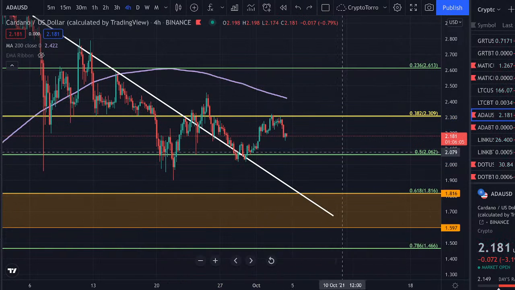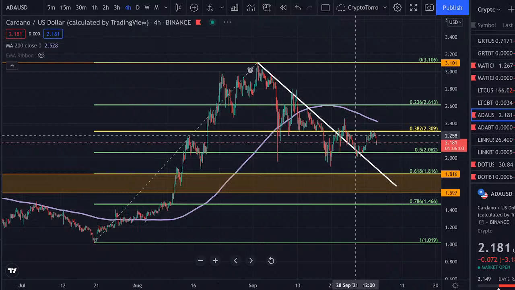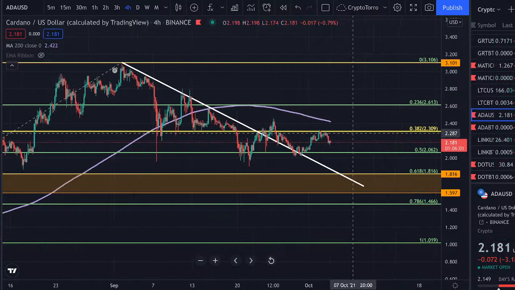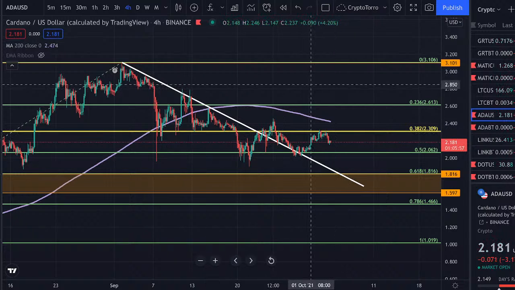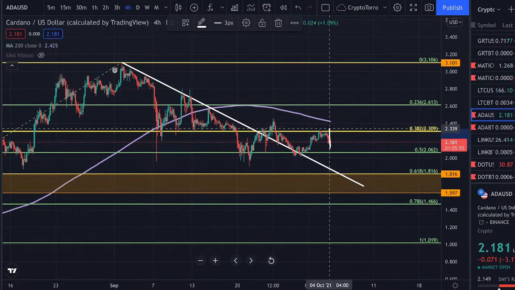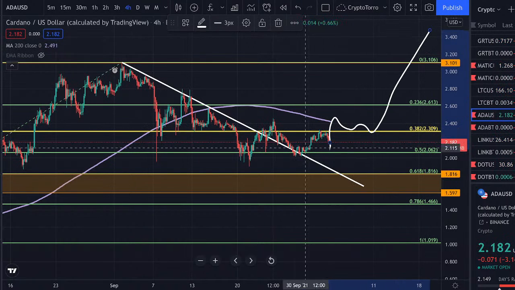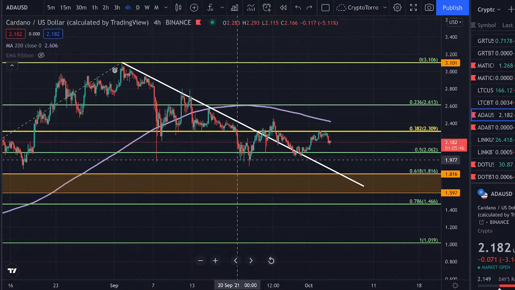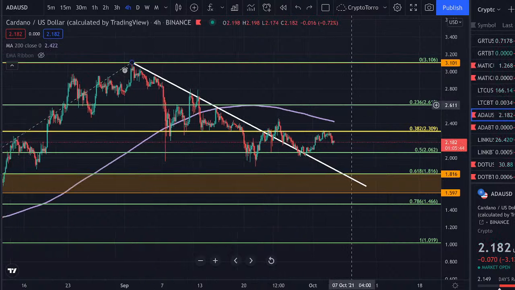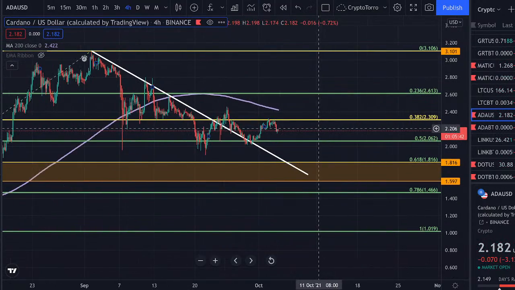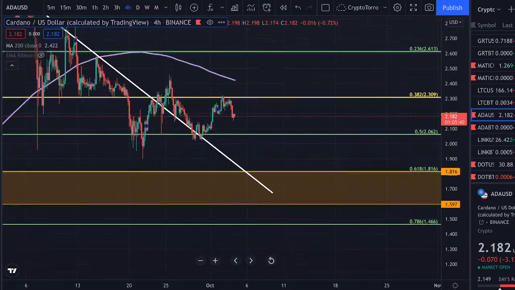So of course this is absolutely amazing, and what I'm personally waiting for on the Cardano chart is to break out on top, above the 200-day moving average, above the 0.382 at $2.30, because afterwards we are going to experience a major move towards the upside for sure on Cardano. Why I personally think so is due to the fact that I am very bullish on Cardano overall,